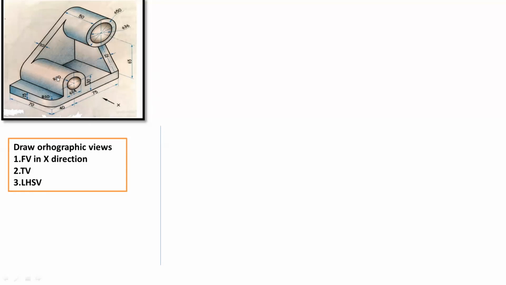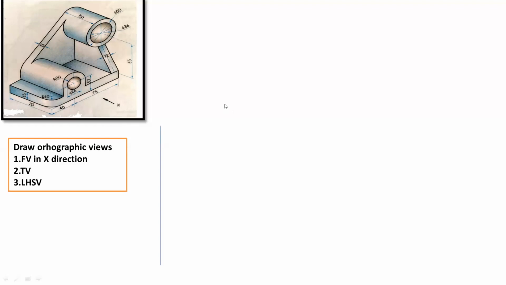So this is the given object, which is in three-dimensional space. From this object, we will prepare the multi-view orthographic projection. We will draw the front view, side view, and the top view. In this example, the X direction is always the front direction for the observer. Imagine that the observer is viewing this object from this direction. So this will be the front view. From the left side, the side view is visible. Okay, so we will draw the left-hand side view, and this is the top view direction.